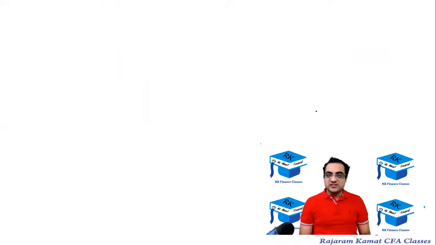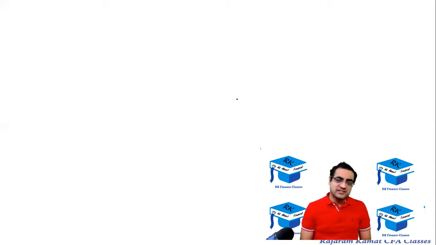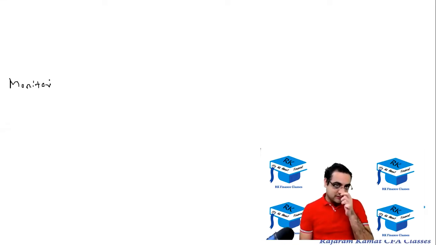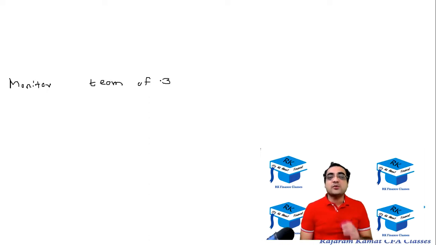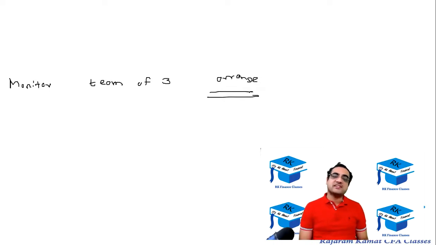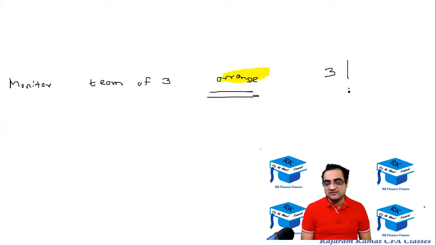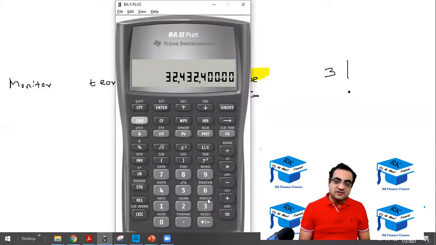All right. So let me just ask you a question. Let's say you are a school teacher. Okay, you are not a school teacher. You are a monitor. The school teacher has appointed you as a monitor, and she has given you a team of 3. And you have to arrange the players. So in how many ways can it be done? As you have to do only arranging, what will you use? You'll use factorial. So it could be done in 3 factorial ways. So how to do 3 factorial? 3 and for factorial, second into. Okay, so it could be done in 6 ways.